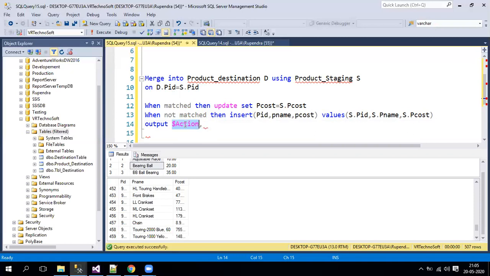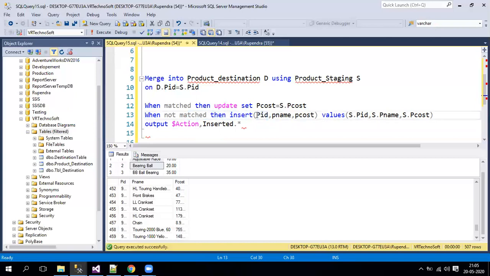Now, along with this column, I also require what has been inserted and what has been updated, right? As we have 2 magic tables here, inserted and deleted, by using those tables we can simply get the data. So I'll put inserted.*, which means when it goes to not matched records, everything will get inserted, right?